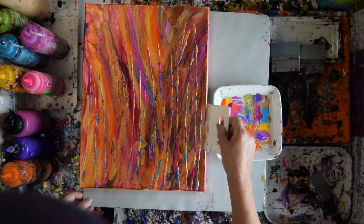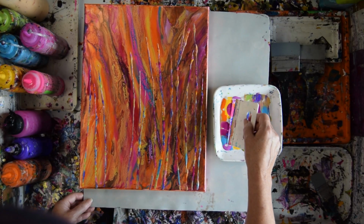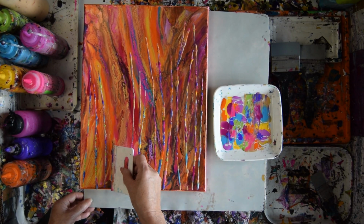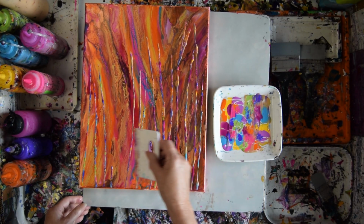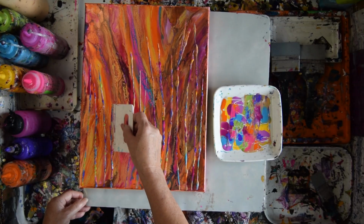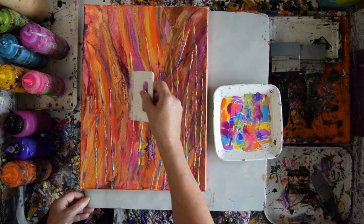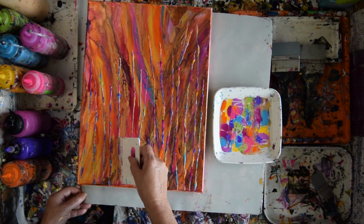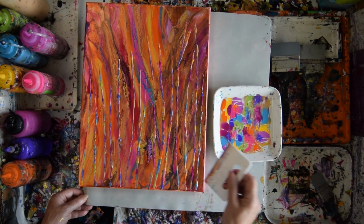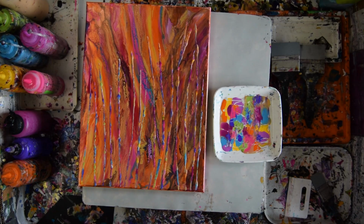I think I'm just going to take one of my rubber brushes and spread out some petal shapes. See how that works. Let's try that right now. With one of my smaller...